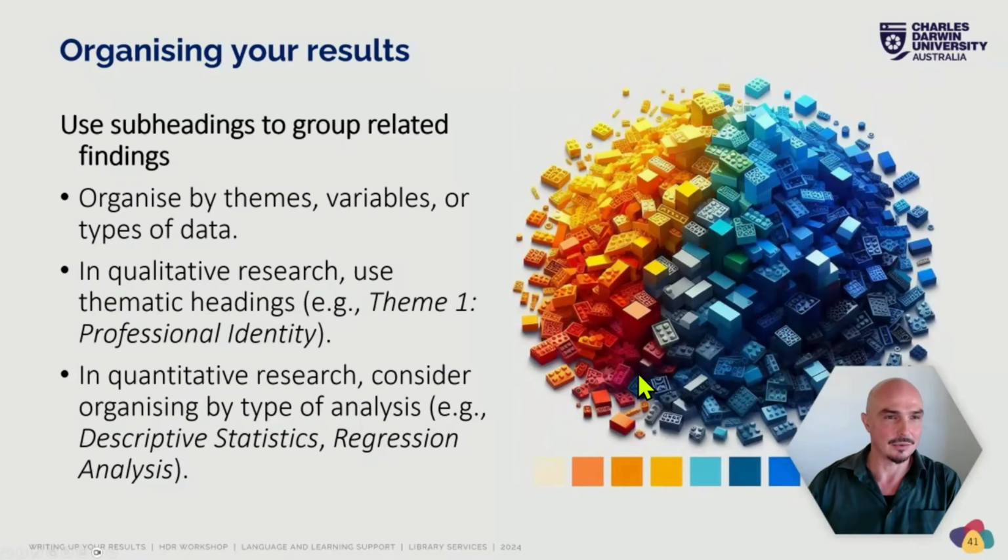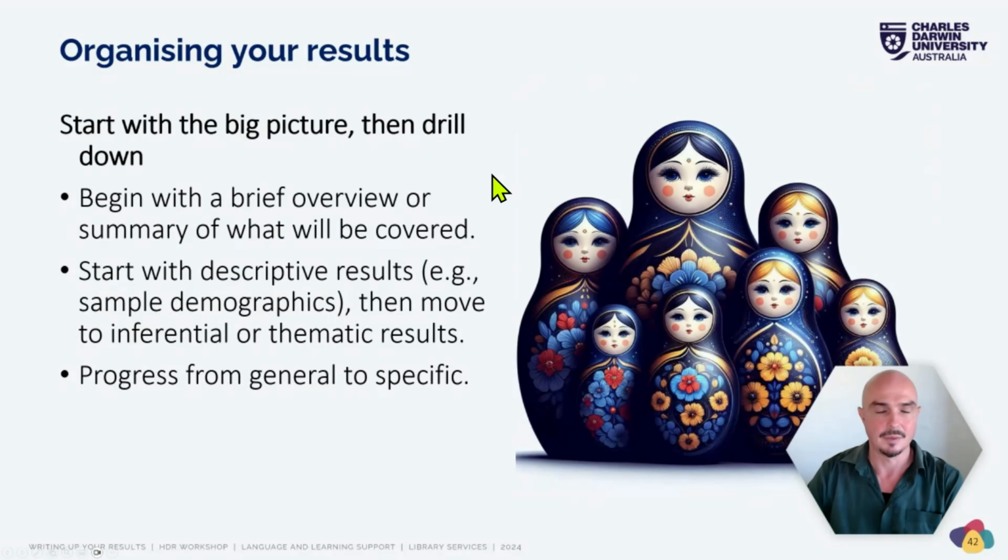If you're organizing your qualitative results, for example, by theme, make sure that you label them in an appropriate way. For example, this researcher has organized their data by color, so make sure that your headings or subheadings represent that appropriately. And the next one is kind of common sense, but when you're reporting your results, start out with the most important, most significant key results, and then move down the scale in terms of importance.